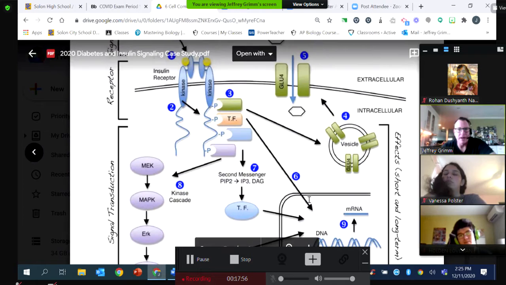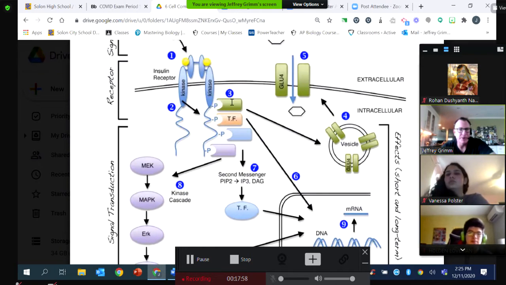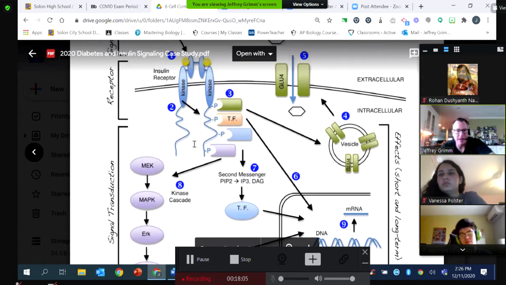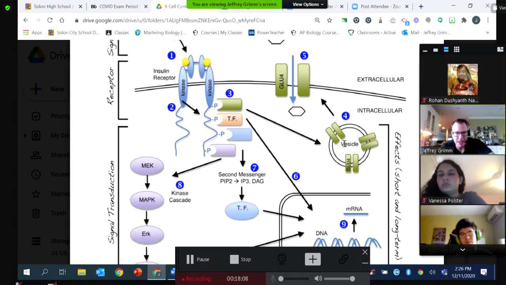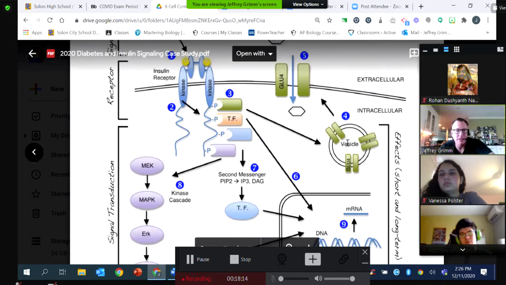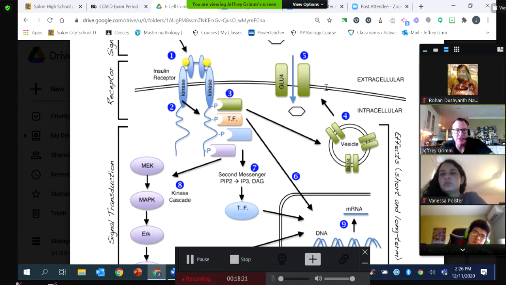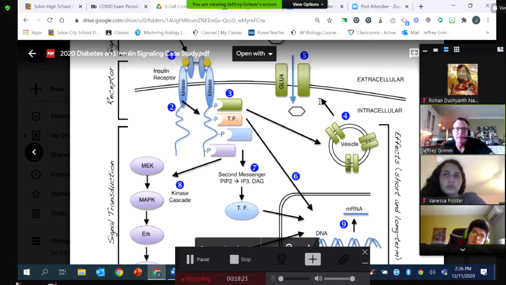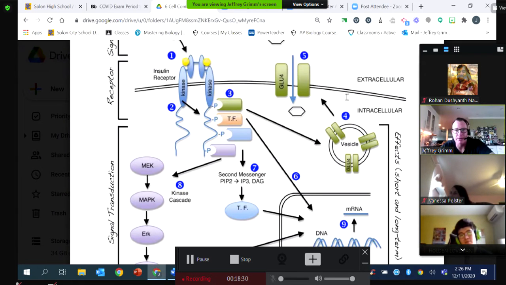We also are activating a system of these proteins being added to a vesicle. Now, all of these messenger pathways, one of them is initiating the creation and the movement of this vesicle, which is called GLUT4. And the GLUT4 travels up here. Exocytosis allows this to happen. When exocytosis occurs, it's going to move the vesicle up to this membrane, and then we're going to add these glucose transport proteins to the membrane.